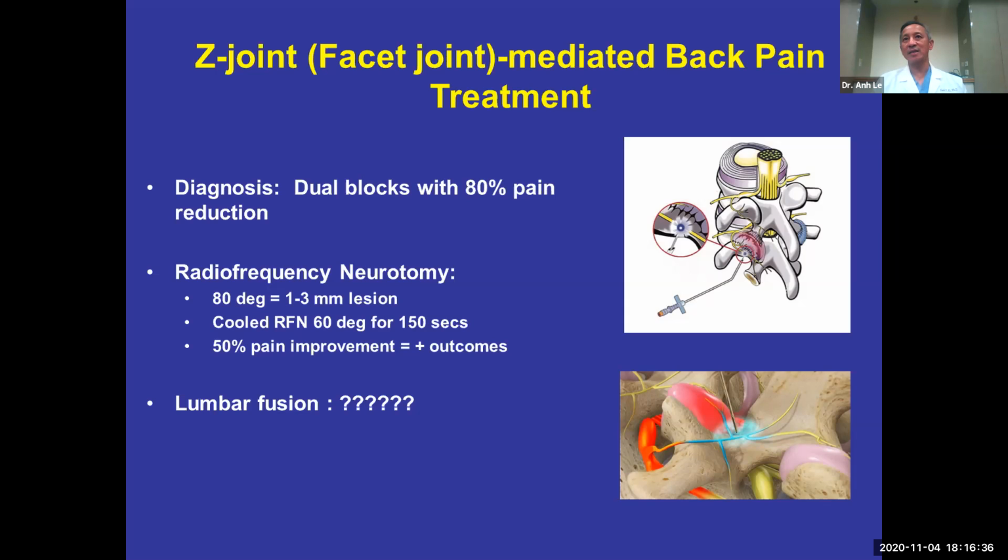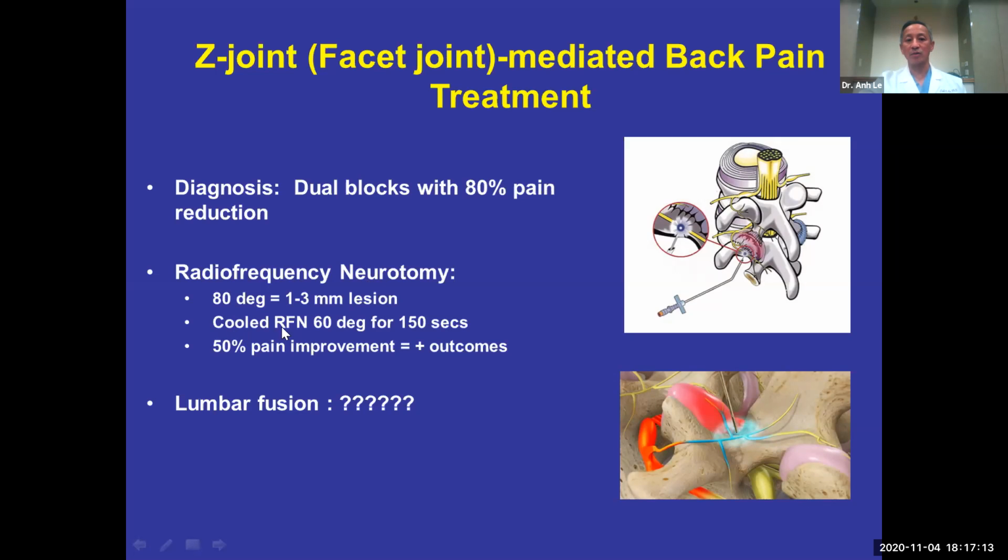So for longer lasting pain relief, one can perform what we call a radiofrequency neurotomy. Right? That's a big, long name for basically putting a heating element in the area of the medial branch nerve and heating it up to 80 degrees. When you do that, you create a 1 to 3 millimeter lesion, and that could knock out that nerve and reduce the pain, right? However, because you're using a heating element, you can actually produce thermal injuries to the local area and also to the multifidus.